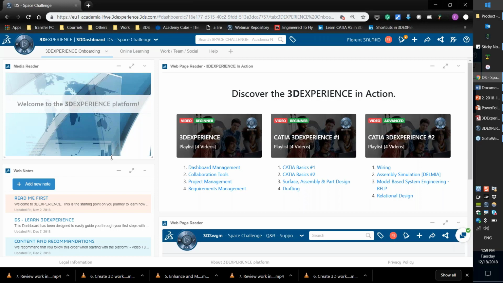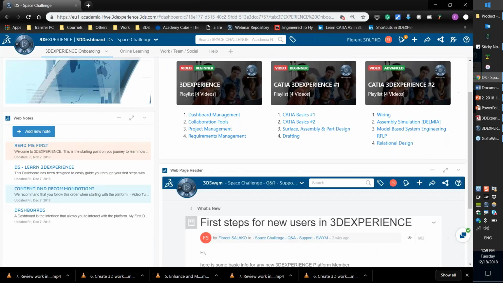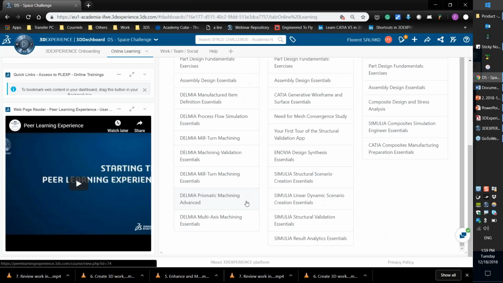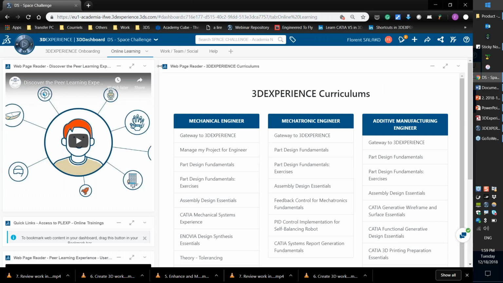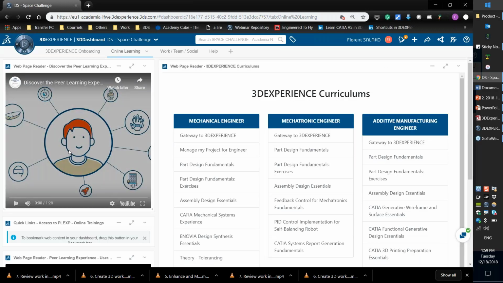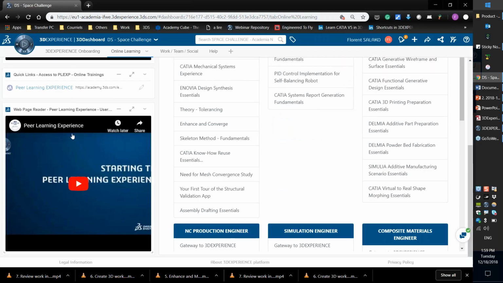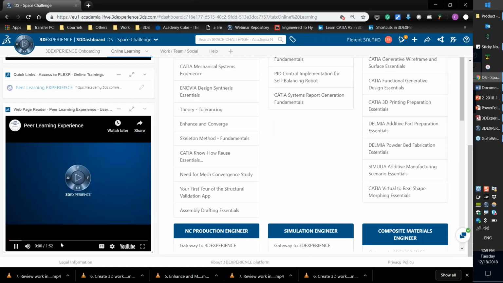So what did we put in that dashboard? We put four tabs. 3D Experience onboarding, to help get you started with the platform. Online learning, with some predefined curriculums, and we're going to add some in the future, and some videos. The first one is a more conceptual video that explains what the learning platform is for. The learning platform is called PLEX, Peer Learning Experience. But the one you're going to be most interested in is the second video just below. That's going to explain to you